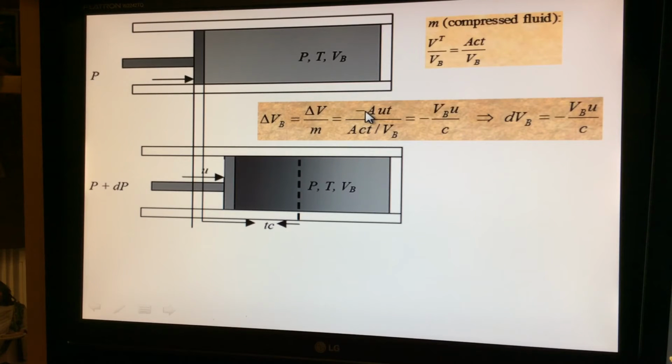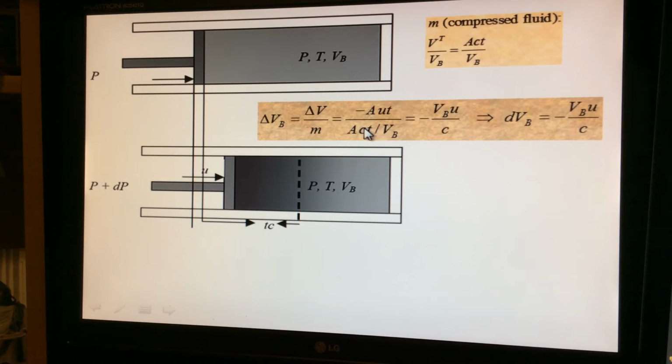Remember that this is going to be negative because it's compression. When you compress the fluid, the change in volume is going to be a negative quantity. So here you have the area times the speed at which you are pushing the piston, times the time, divided by the